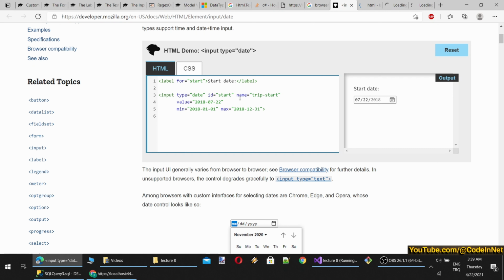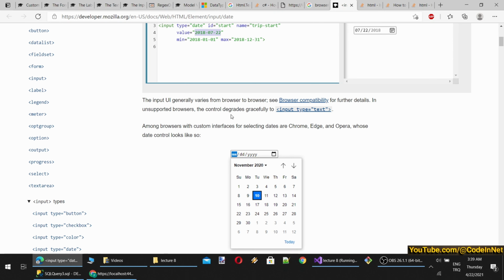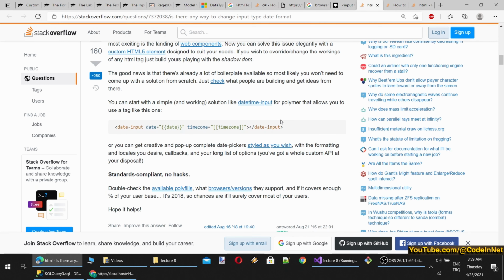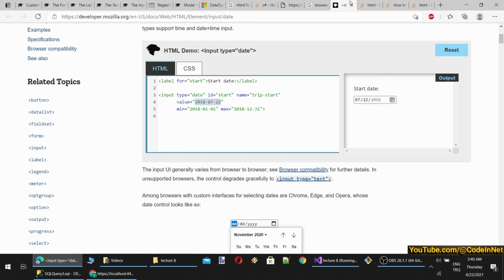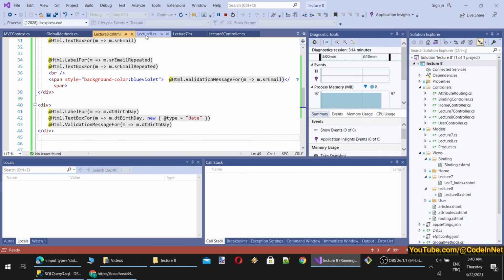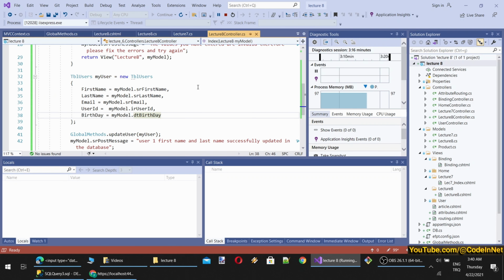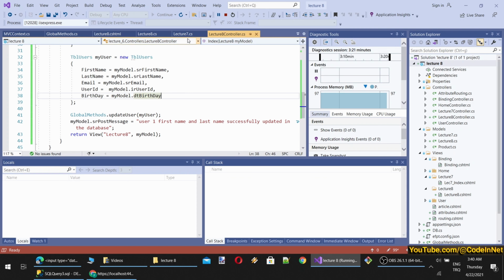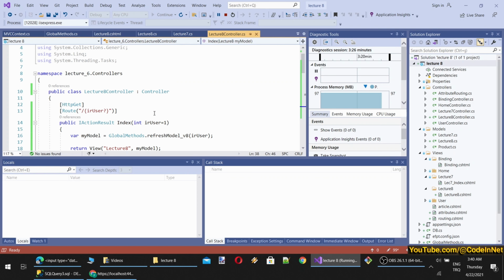Okay, so type date. Okay, it is working here. So it is expecting a date something like this. We need to change the value of date actually. I see. So I simply need to format the value like this, year, month, date. So I will fix it in a moment in my controller refresh. So where is the refresh? Okay, so refresh is here.